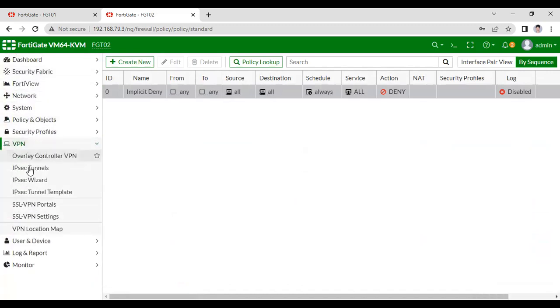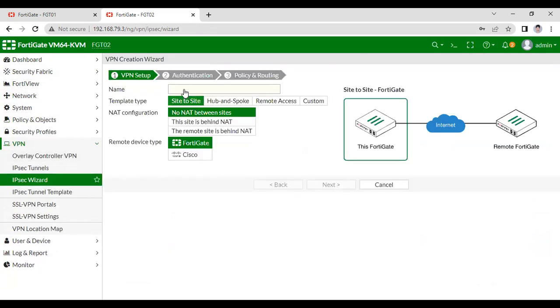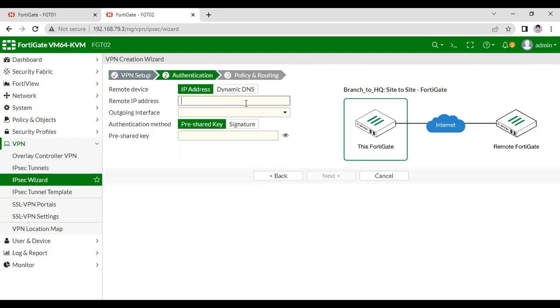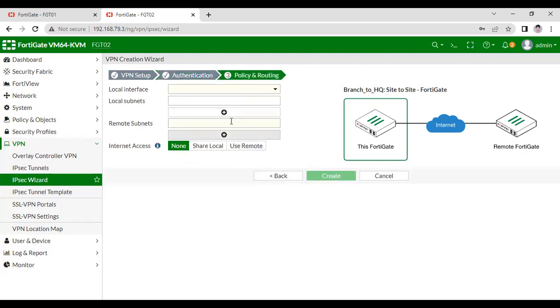Go to VPN, under VPN, IPsec Wizard. I'm going to put the name branch to HQ, headquarter. The remote IP address will be 192.168.99.2, which is the main IP of the FortiGate firewall from the Lucknow location. The pre-shared key will be @123. Then create, next. The local interface will be zone B,